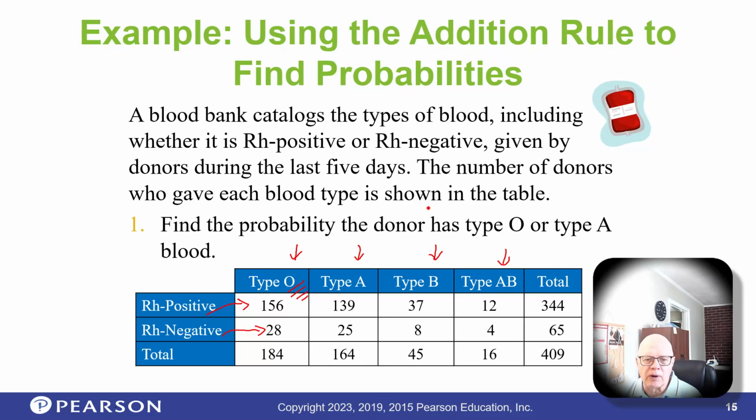We want the probability that the donor has type O or type A. That means we're going to use the addition rule. So we need the probability of getting an O type blood plus the probability of getting an A type blood minus the probability that you have